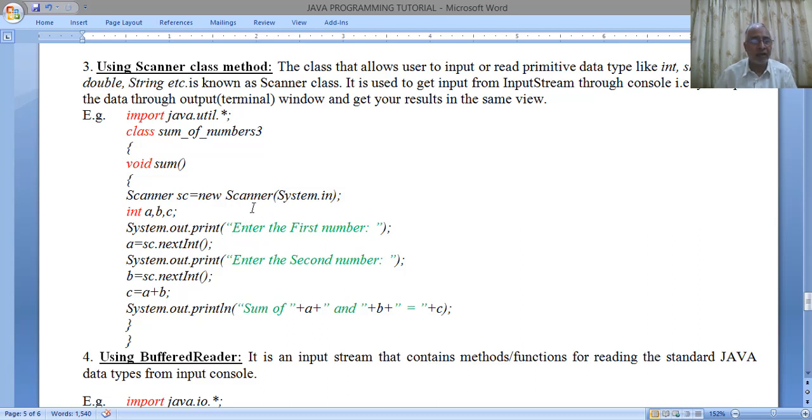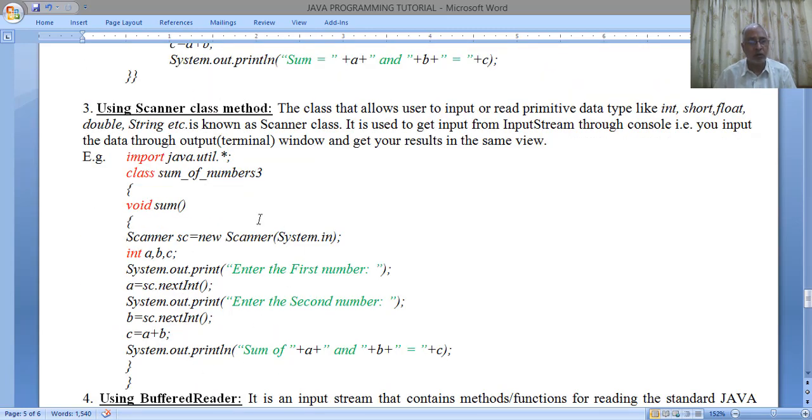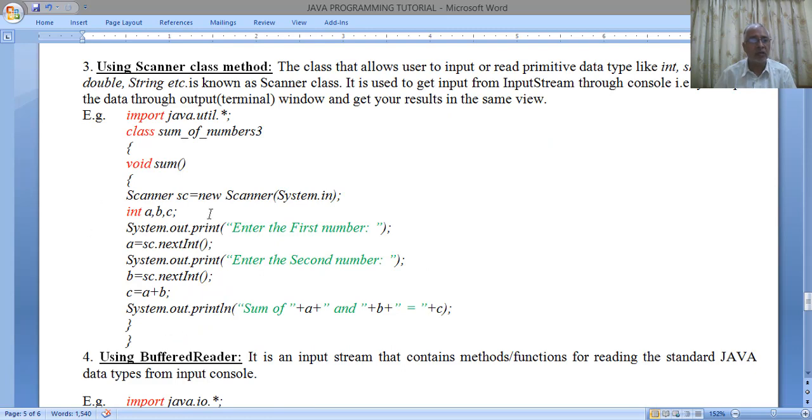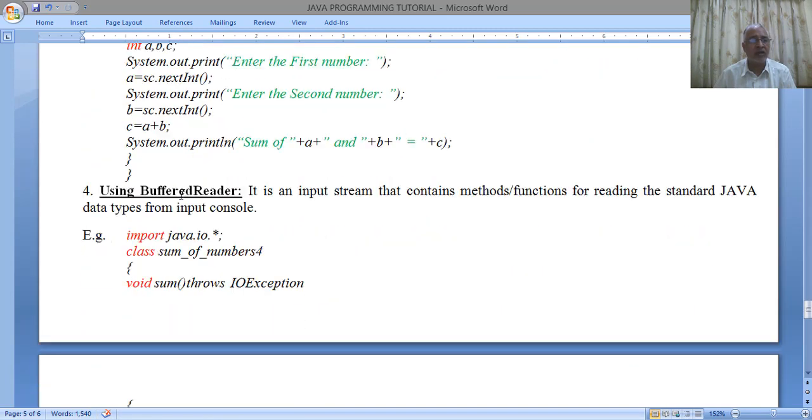It means the person who is executing the program finds it more user friendly to input the values and get the answers. Whereas in the earlier programs, you had to know the meaning of a method, and then input the values in the method. So that is a little more programming oriented. But here even a layman can do this program, because when you run it, a layman knows to enter the first number, so he enters the first number, and enter the second number, so the second number is entered. So this is a more generalized and more user friendly program. Then, besides the Scanner class, there is another method using BufferedReader.